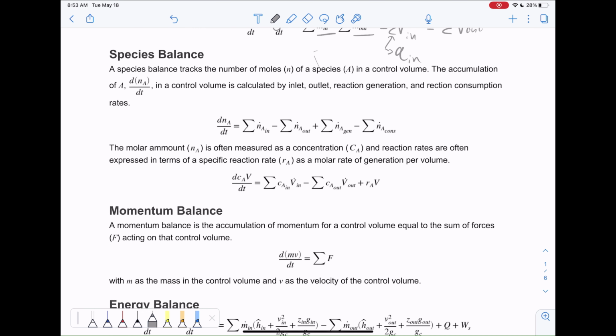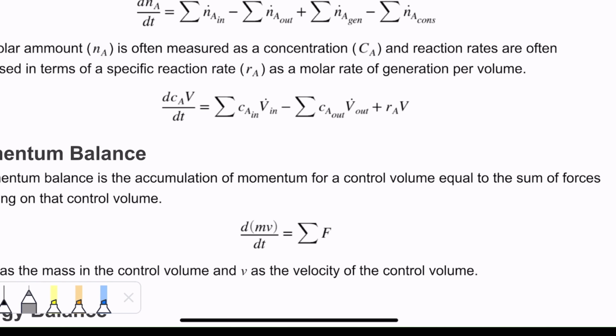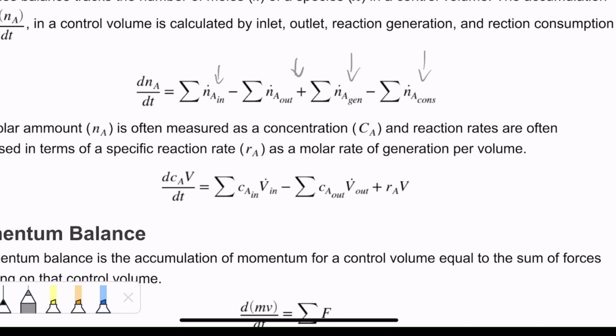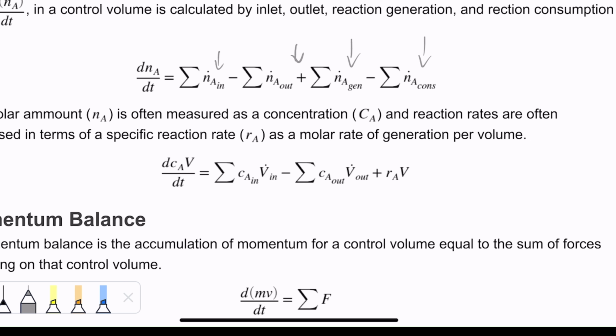Let's discuss species balances really quick now. We're going to track the moles of a species, and so we have all four of those terms accounted for. We've got flow coming in, flow coming out, generation, and consumption due to reactions. Obviously, when we're looking at a reactor, it's hard to measure the total amount of, let's say, hydrogen within a reactor just by looking at it, but we can measure concentration, and that will affect our rate laws. So we usually work with concentration rather than the